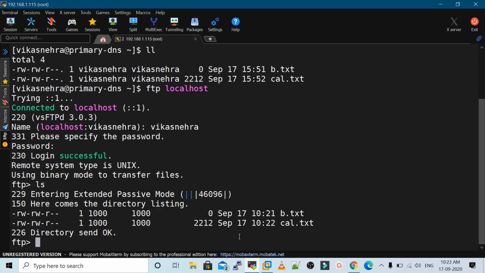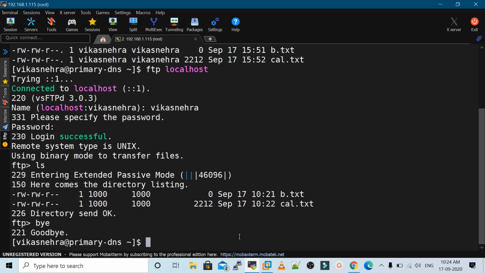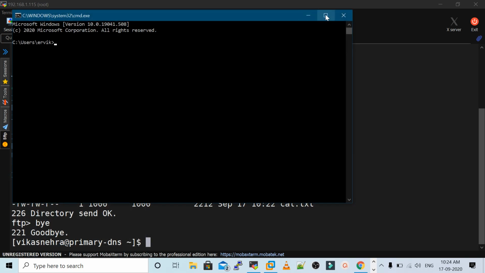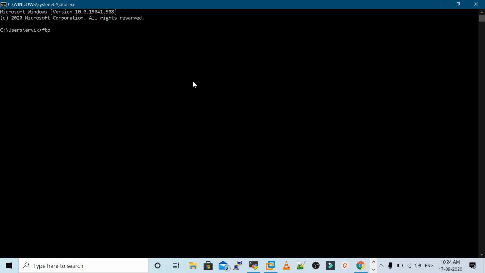If we need to copy the files, we can use the get command, and if we want to copy the files to the server, we can use the put command. Let me show you. This time I will be using my Windows machine as the client. So let me open the command line interface, that is CMD on Windows, and here I will use ftp and mention the IP address of my machine